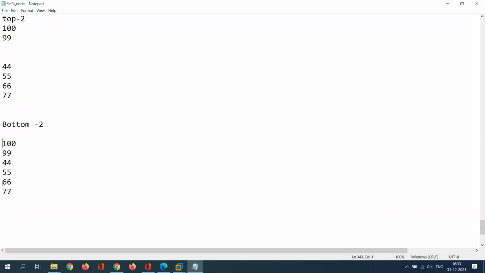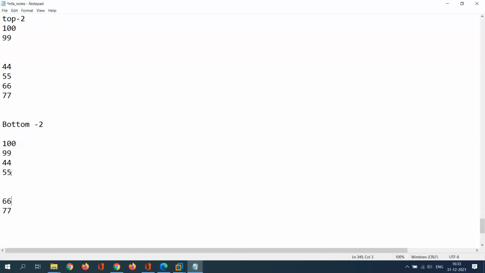Whenever we configure bottom, we also set the number of how many performers you want to see at the bottom level. I want to see the bottom two performers. As per your configuration, the integration service will hold the last two values, and the rest of the values will compare one by one.